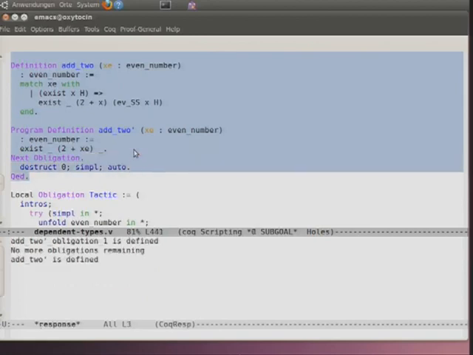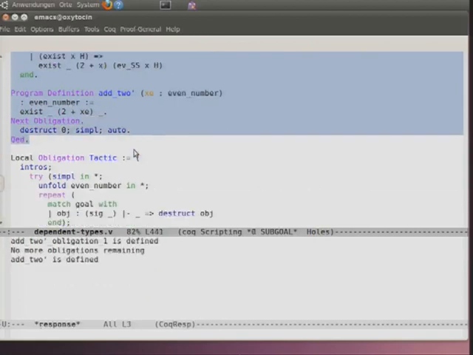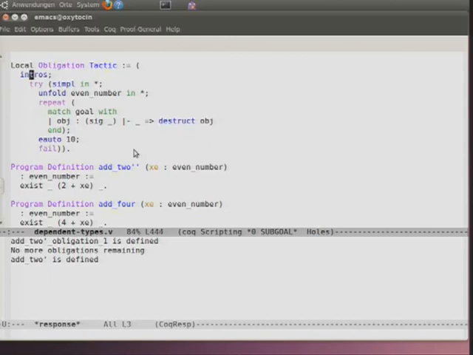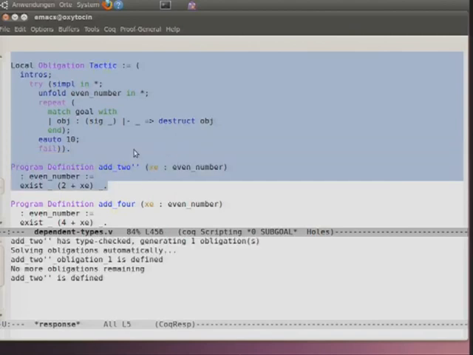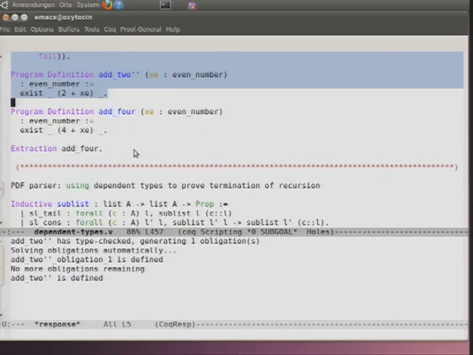Proof is completed. If I have similar cases, I can also completely automate obligation finding again by, that's an old programming language for tactics. You can write your own tactics. I'm not going into detail what that does. But as soon as I do, you see, it will find my proof automatically. And I can write a different function and reuse the same tactical definition. And it will still